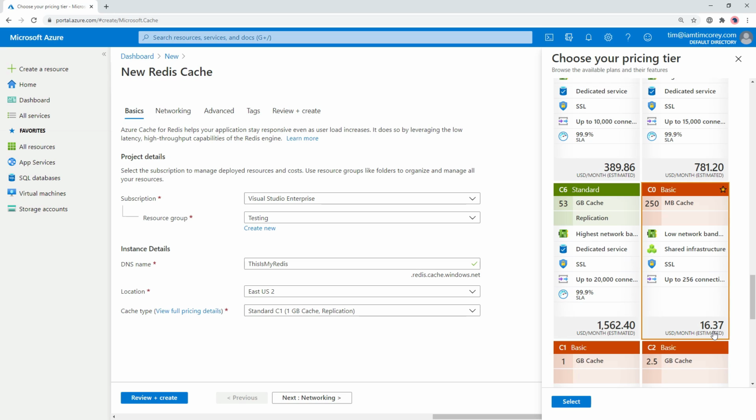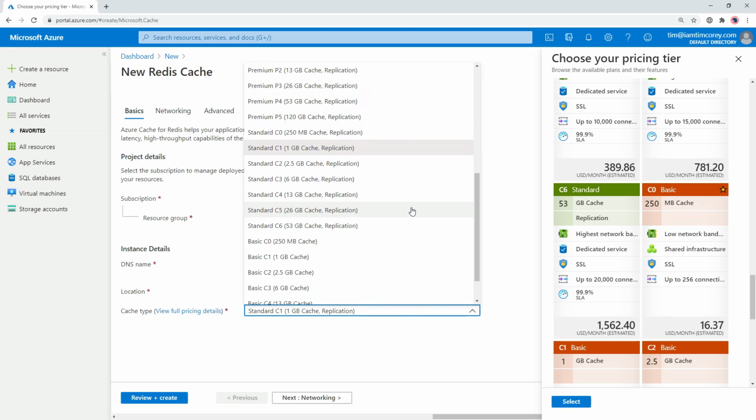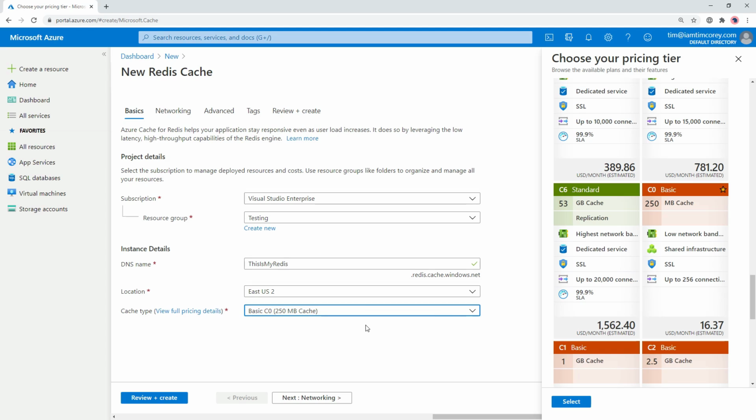You can scale it up. So I'd recommend C0 under the basic, which is $16 a month. Again, with Azure, you only get charged for what you use. So if you decide to follow along with this Azure demo and you create this, and then at the end of it, after you try it out, maybe after a day, you delete it, then you're paying for 1 day out of the month. So divide